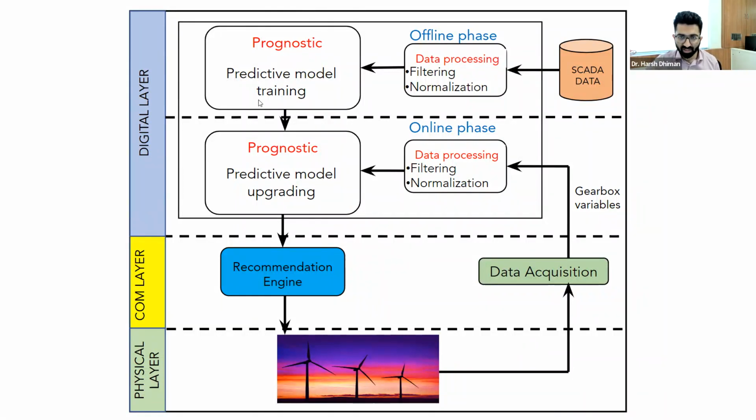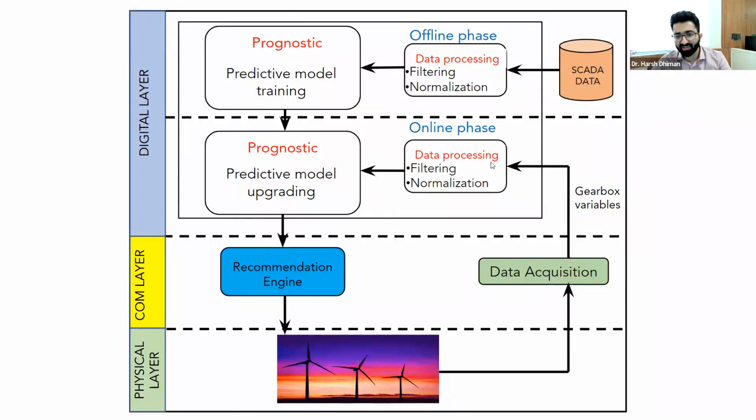So essentially we are estimating remaining useful life. What is the time left for the gearbox to fail? So you do an offline training, right? Based on the historical data of the gearbox, you create a machine learning or deep learning model, and then you test that model on the actual data collected. So this is the actual data. From data acquisition, you get real-time data.